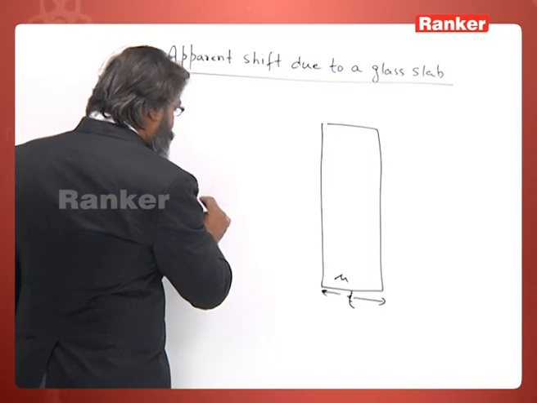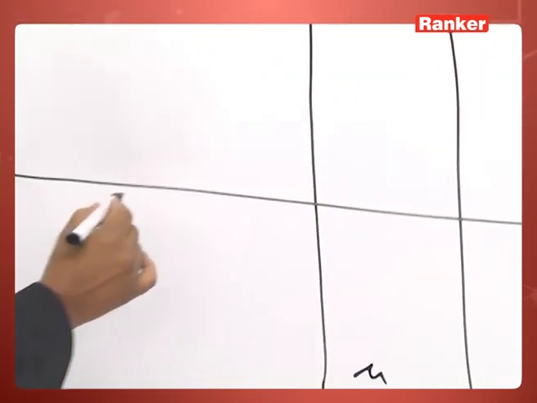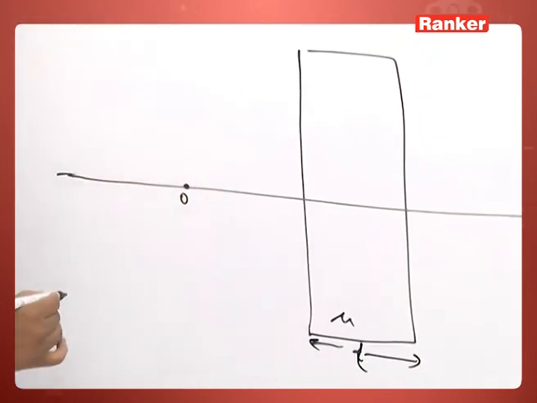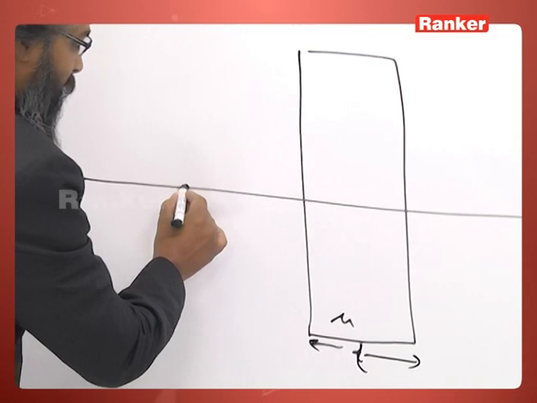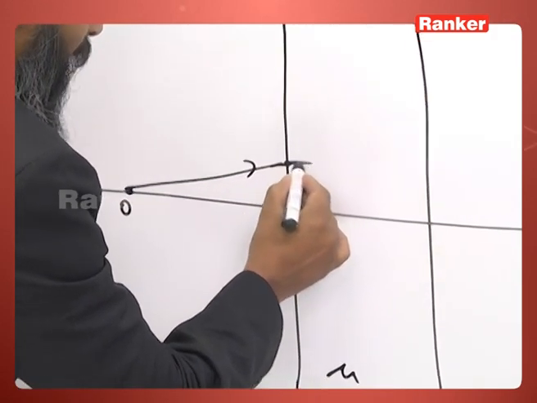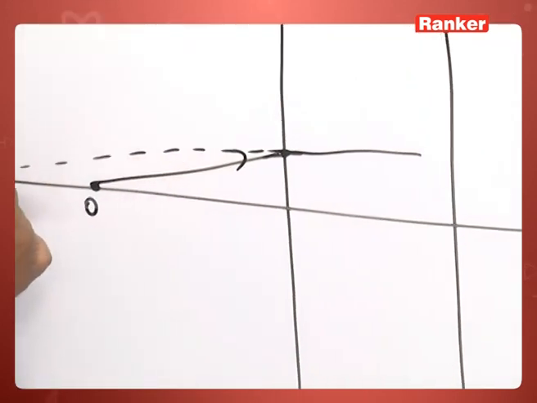If we have a point object here, and let us take a paraxial ray here, then this ray will bend and it seems to be coming from